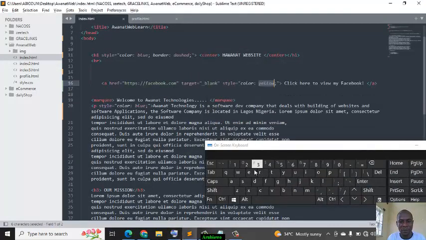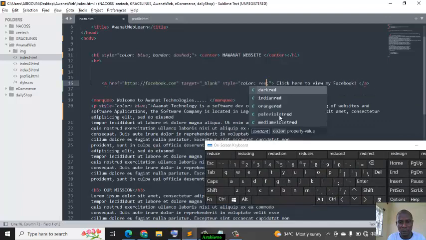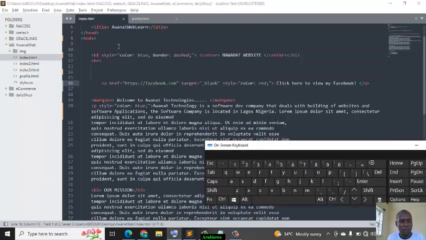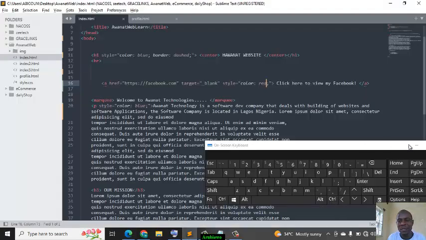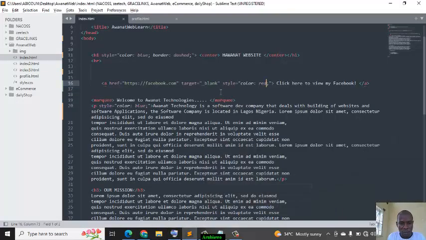Red is more visible there than this yellow. So let's test it again. You can see as I'm showing red. So we can add the styles in any which way we want. Now I want to return this back, or let me copy it and paste it